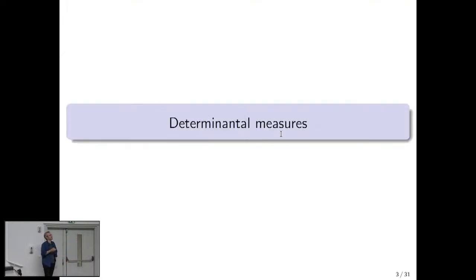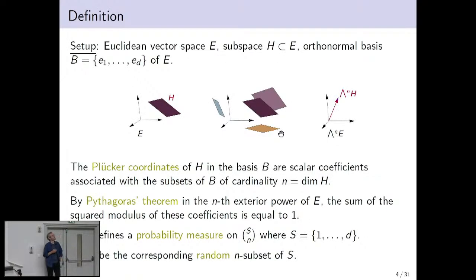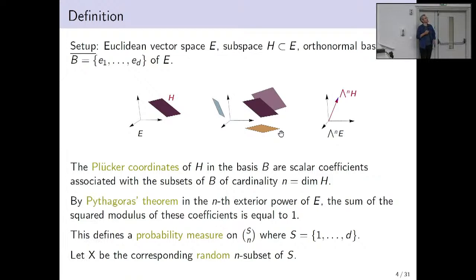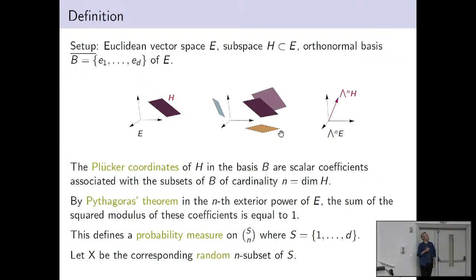So first of all, let me start by recalling what are these discrete determinantal measures, how we think about them. Okay, so the setup is the following. We have a Euclidean space, a finite dimensional Euclidean space E, and a certain subspace H of that space. And we fix an orthonormal basis, E1, ..., ED, of that space. So for example, in this drawing, you have E, which is R3, a usual orthonormal basis of it, and H is this two-plane. Now, when you take an orthonormal basis of H, like representing, for example, this little square here in this plane,